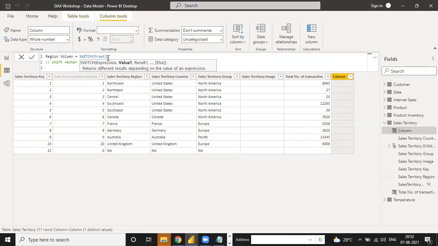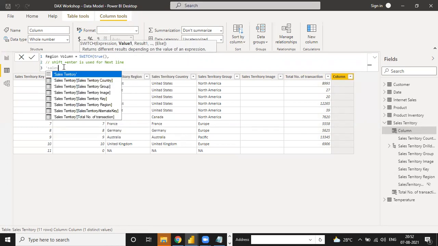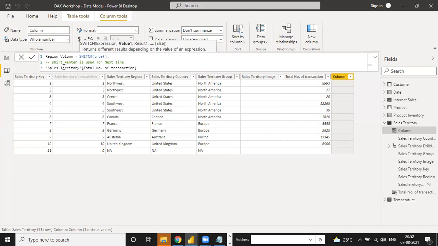See, there is one thing missing, then your complete formula is defining an error. So you can put here Sales Territory under Sales Number of Transaction. If the Sales Number of Transaction is greater than or equal to, suppose, 10,000. Okay, then no, not 10,000, we have to maintain some logical value, 7,000. Then we have to maintain our value as High Volume,